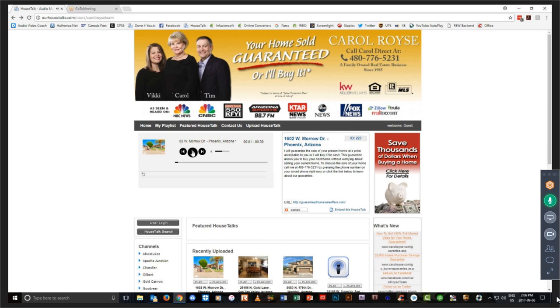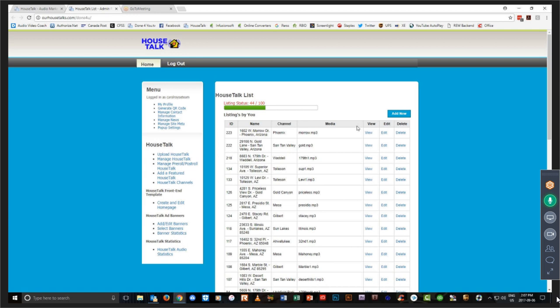So when you go to your HouseTalk site, you are going to click on User Login to log into your account. And once you do that, you're going to now see the Logout button, signifying that you are logged in, and you will now see a tab here that says My Account. So we can now go to your control panel by clicking My Account. This is what you're familiar with. This is where you upload your listings and manage your account. What you're now going to see in your control panel is pop-up settings. If you click on pop-up settings,